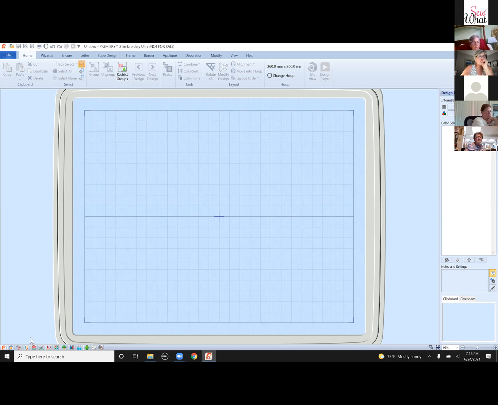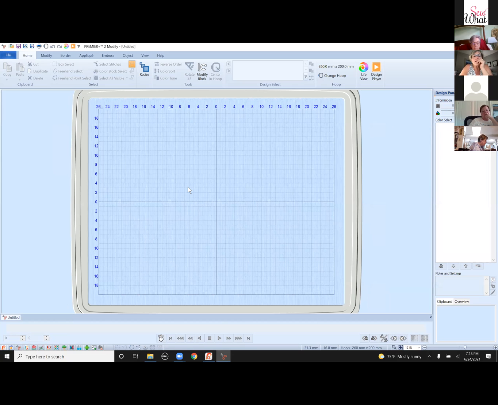But if we scroll across them, normally it pops up. Yep, it's the scissors. Normally if I hover, it tells me the name, but I think with Zoom running, it's doing some strange things. So the third little teeny tiny, barely visible icon from the left is modify. So if I open that,